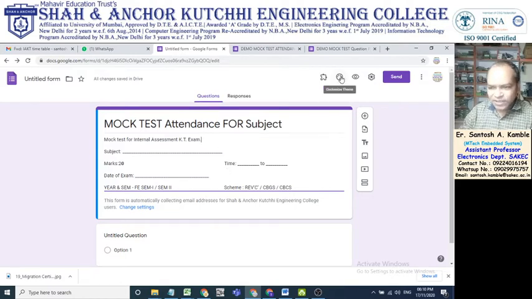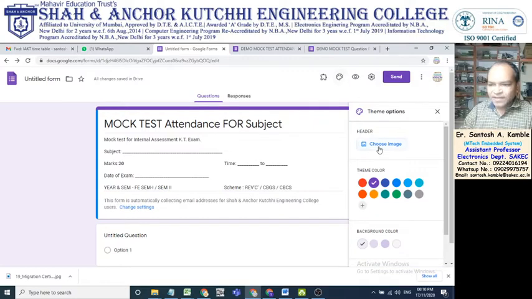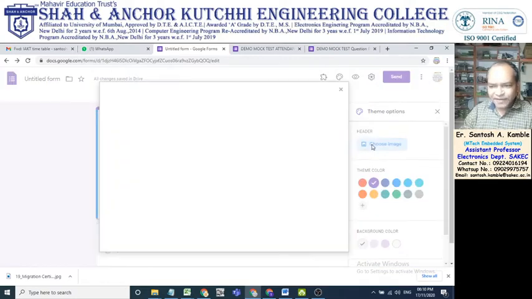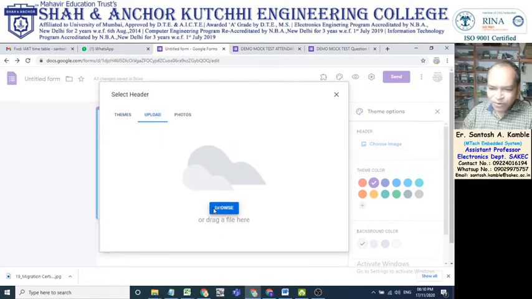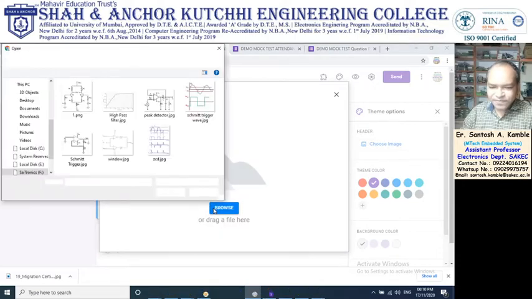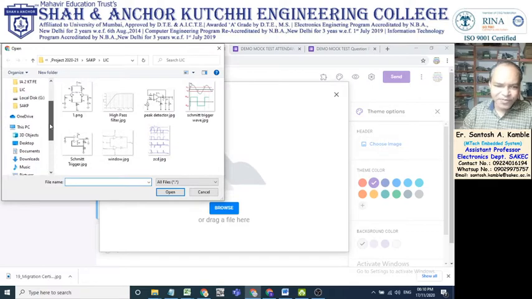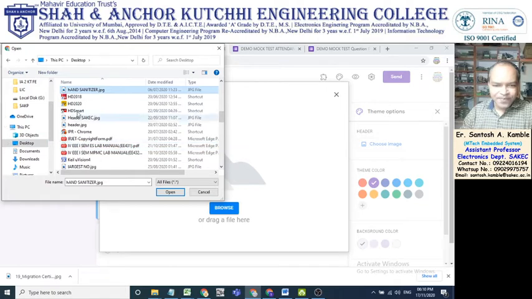So go to customize theme, then header, choose header, upload, click on browse, and you can take it from your computer or desktop. So I had stored it on my desktop, header Sakek.